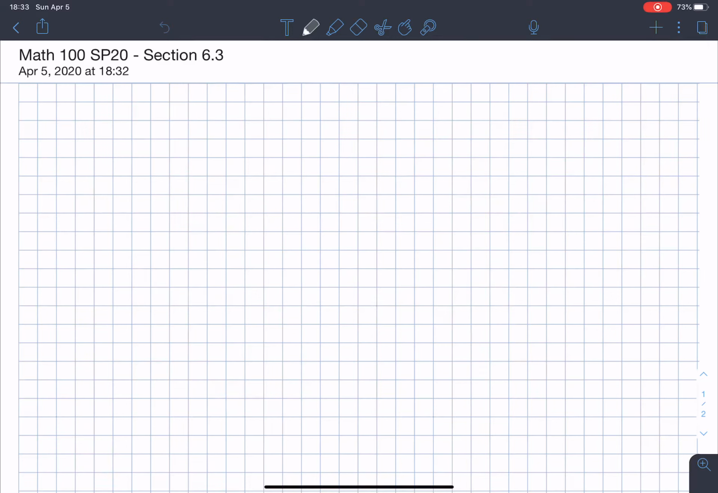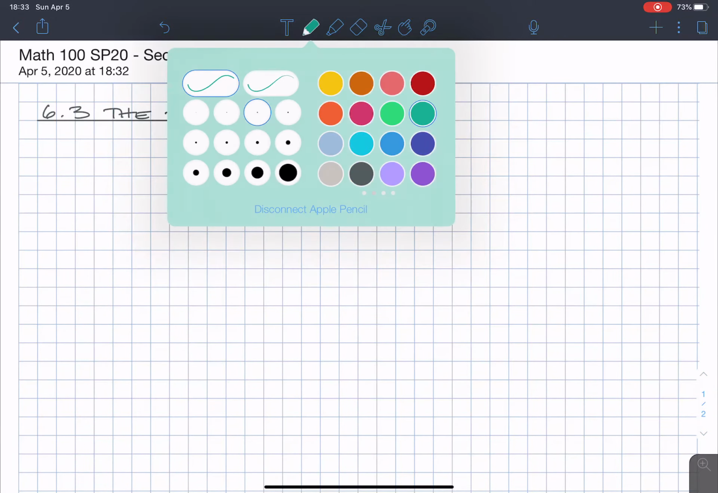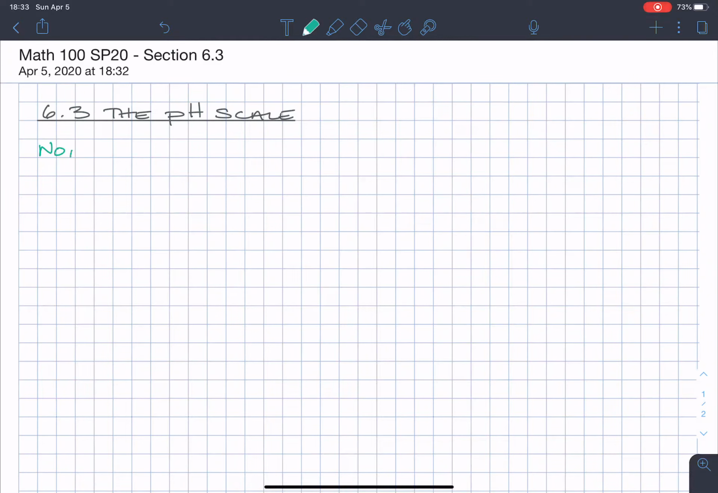Okay, so welcome to section 6.3, the pH scale. Remember the last section was termed logarithmic scale, and that's because it has to do with the same similar types of scale, and we'll see in a moment. So note, the pH of a substance, and notice how I'm writing it, little p, capital H,